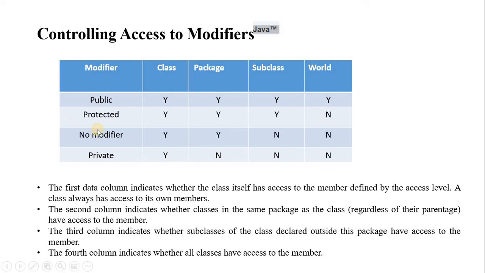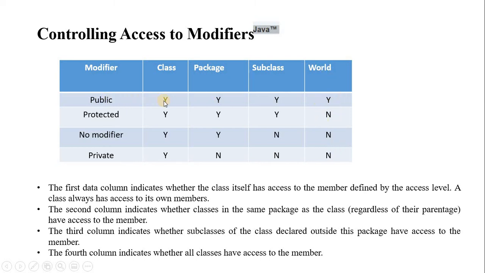So this is the comparison we have here for private, protected, and sometimes we are not given any modifier. That is how it is going to be reflected. So public, private, protected, and no modifier given, how is it going to be accessed? At the class level, all of these, public, private, no modifier, and protected, can be accessed within the class. And then at the package level, the subclass level, and the world level, in a sense, anywhere in the project.